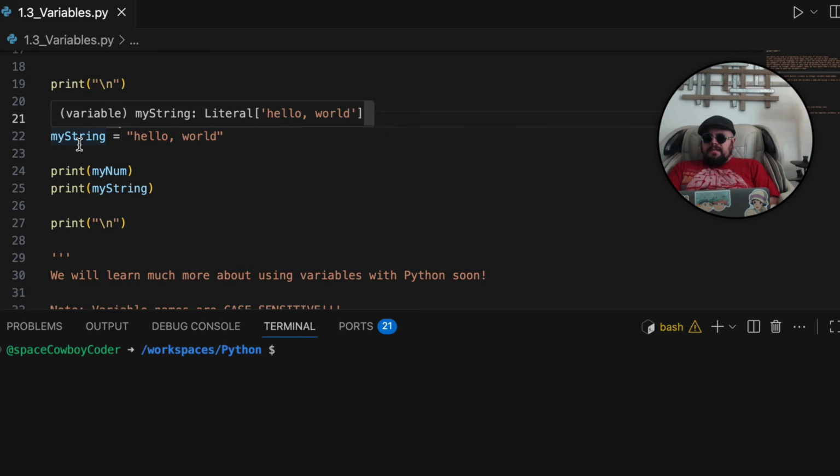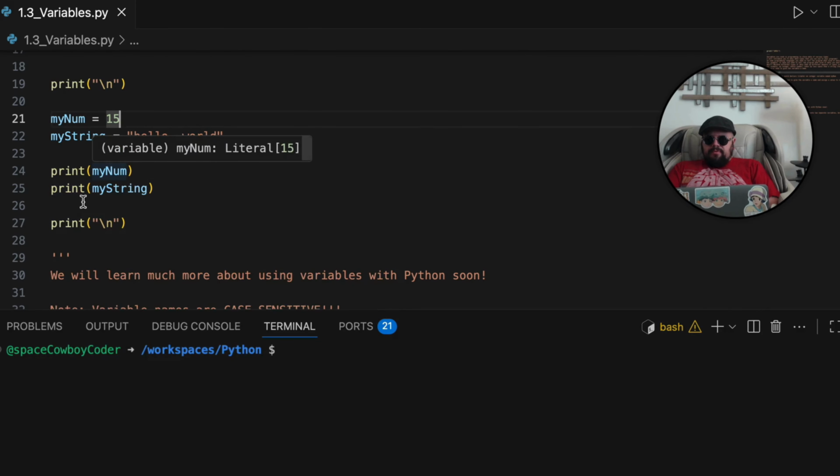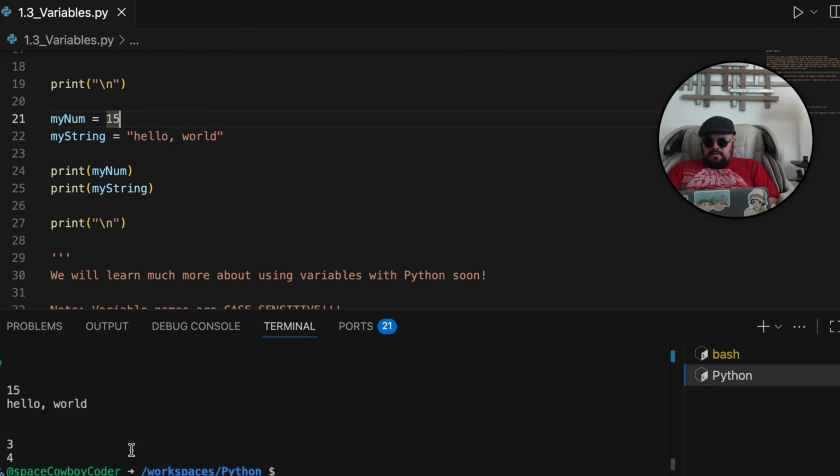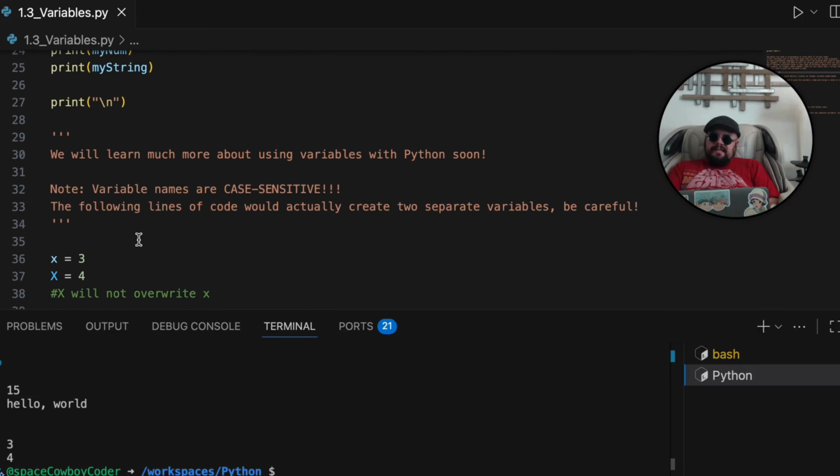Here I did my string gets assigned, and then it's a string because it's surrounded in double quotes, hello world. And then notice that I print those values, and then a new line after that. So let's run this code. The first things that should happen, it should print out a 15, and then it should print out hello world. And sure enough, it did, but it printed 3 and 4 down here,